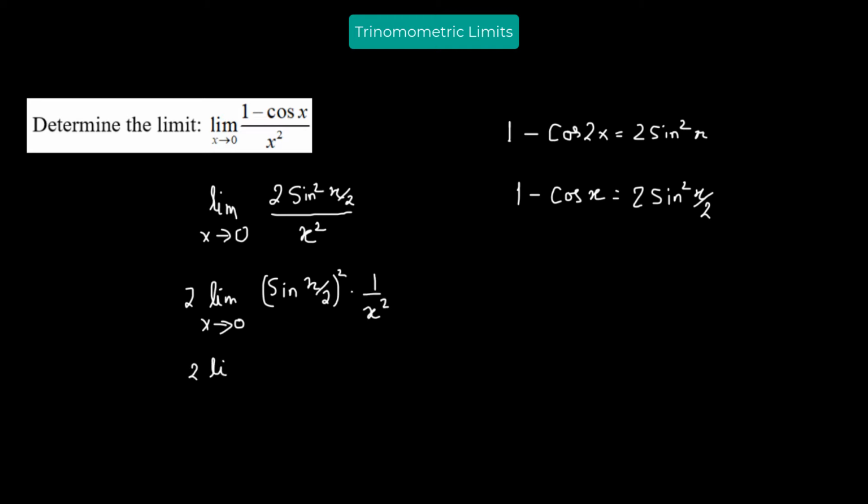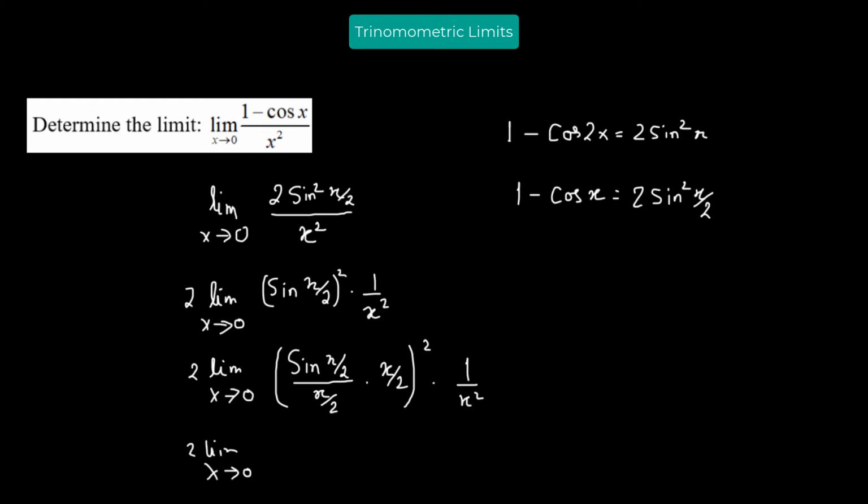So we have 2 times limit x tending to 0. So we are going to divide sine x over 2 by x over 2 and multiply it by x over 2, and then we square it times 1 over x squared,